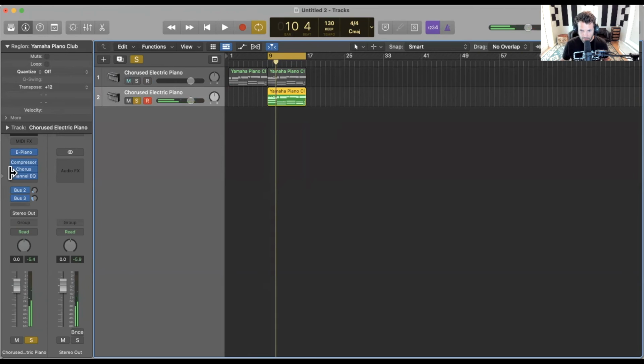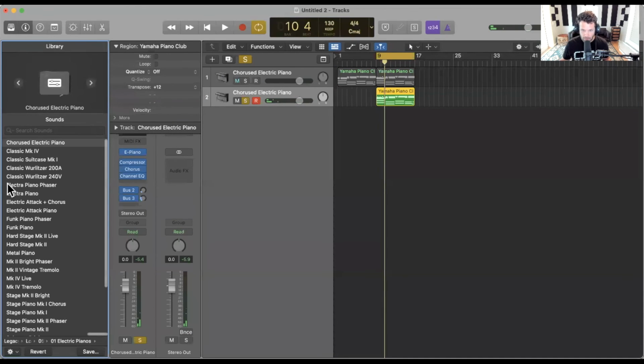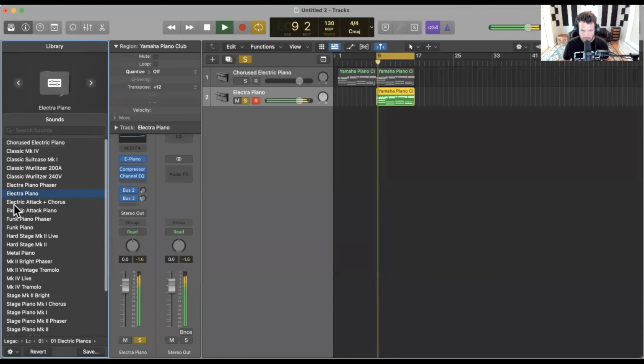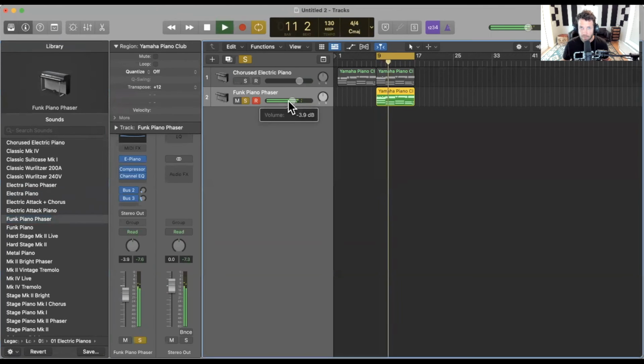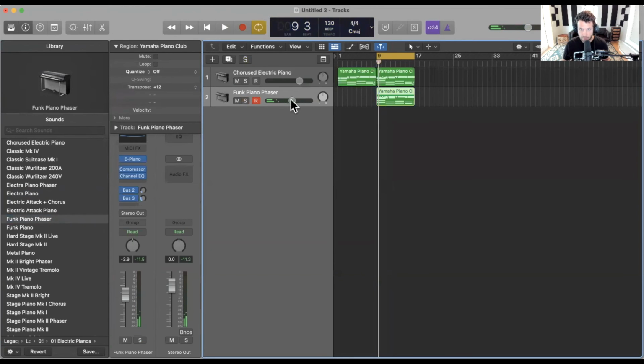Okay, and then let's just play around with a different sound. And then let's add in the other piano sound and we'll see what we have. And just like that, we're already kind of building something with all of the work we already did